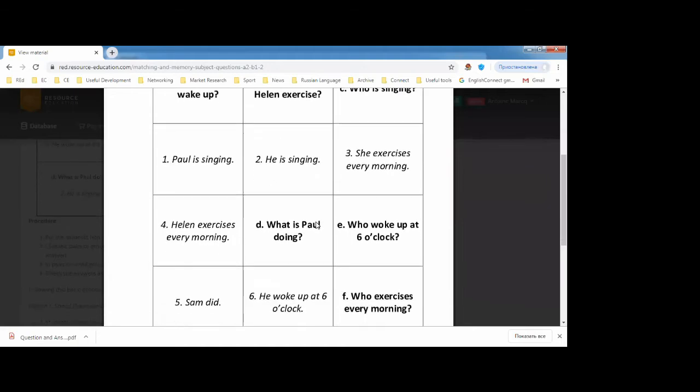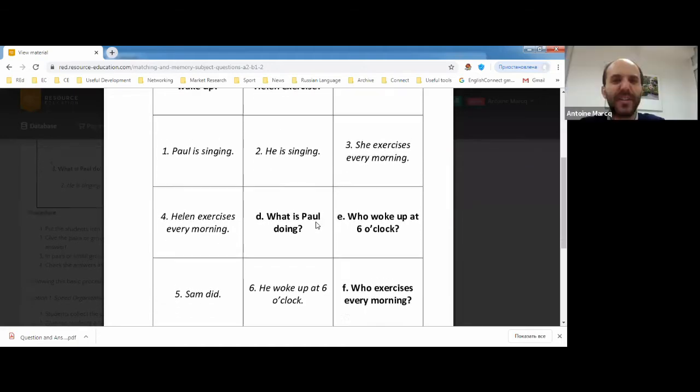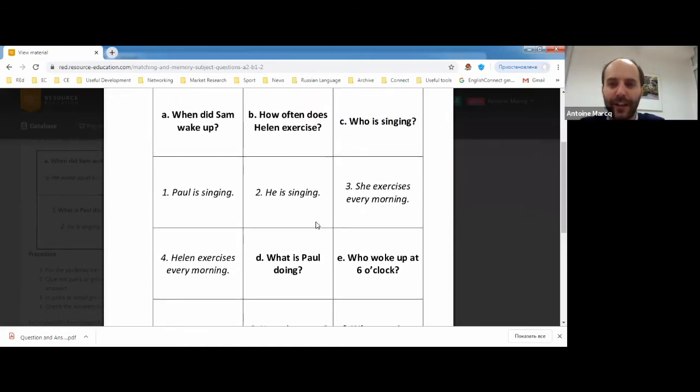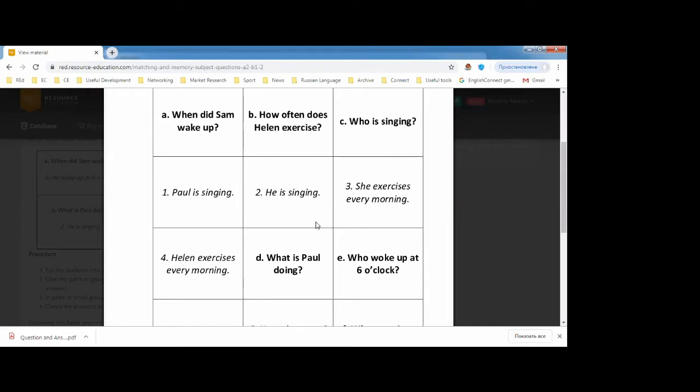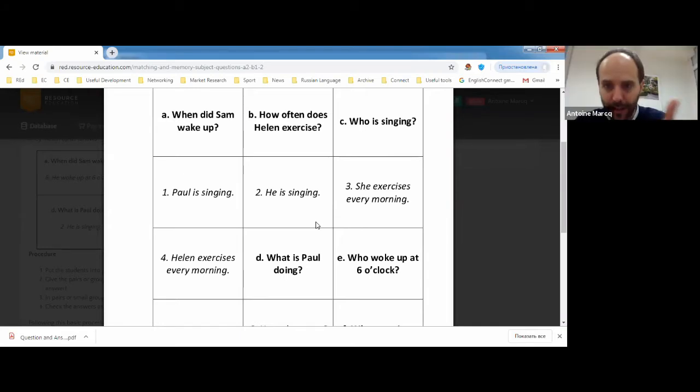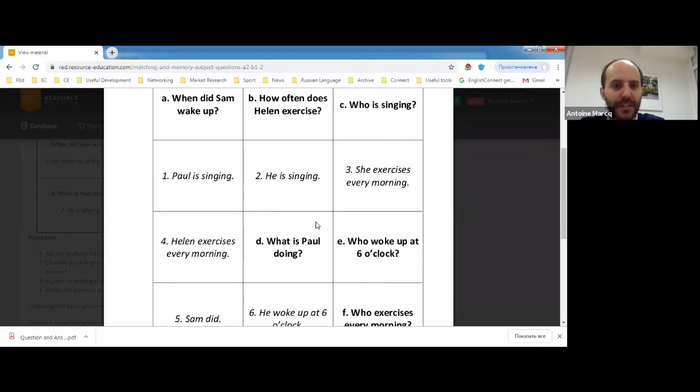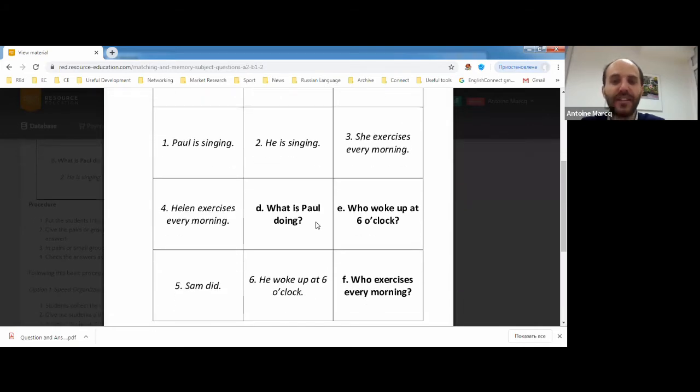When did Sam wake up? He woke up at 6 o'clock. How often does Helen exercise? She exercises every morning. Who is singing? Paul is singing. What is Paul doing? He's singing. Who woke up at 6 o'clock? Sam did. Who exercises every morning? Helen exercises every morning. So you see, this is a simple match in memory card game that you can play